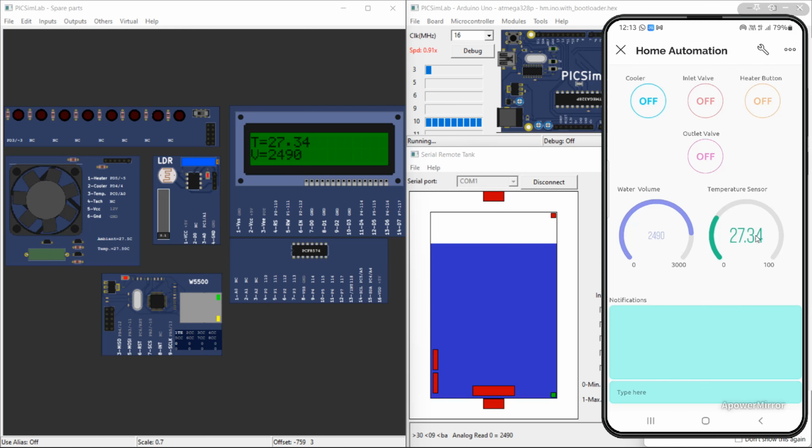So turn on the inlet valve. Whenever I turn on the inlet valve, the tank is completely filled and it shows a notification that our water level is full, and it automatically turns off the inlet valve. Now if I turn on the outlet valve,